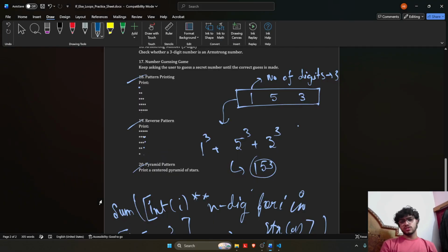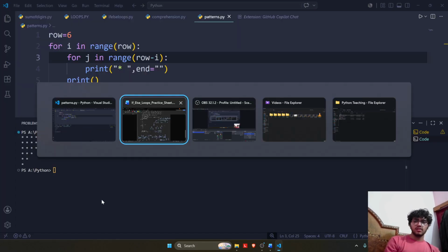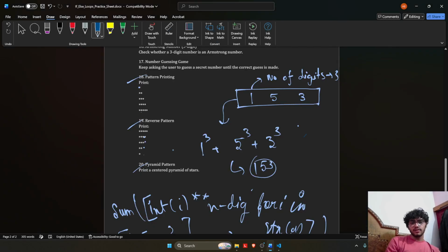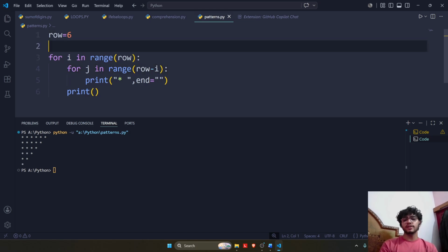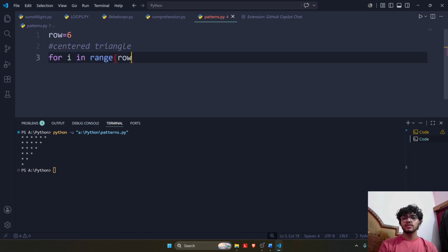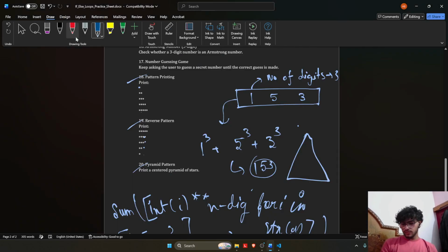Now suppose we want another pattern, and that is a pattern in this way, like an equilateral triangle. What we want now is a centered equilateral triangle. Centered triangle. Okay, so this will remain the same as this. Now, if you notice something here, in a centered triangle,